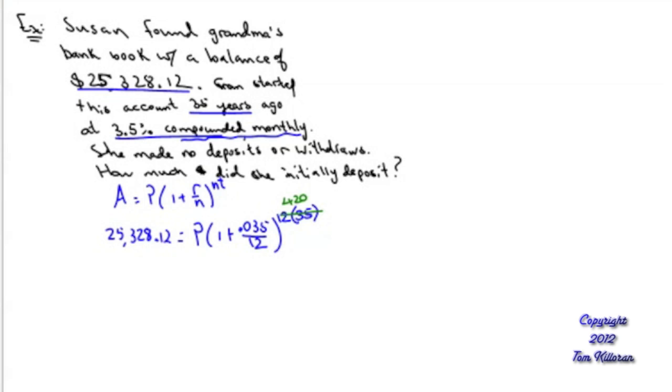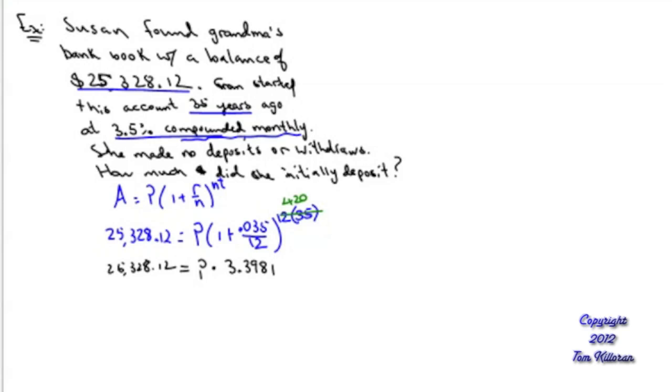So what should I do? Take everything to the right of P and type it in your calculator. This is just some ugly number sitting next to P. Yes, you have to put the parentheses because there's a power on the outside locking them in. So parentheses, 1 plus 0.035 divided by 12 raised to the 420th power. 3.39. Give me 4 decimal places. 3.3981. This is times P, and this is equal to our